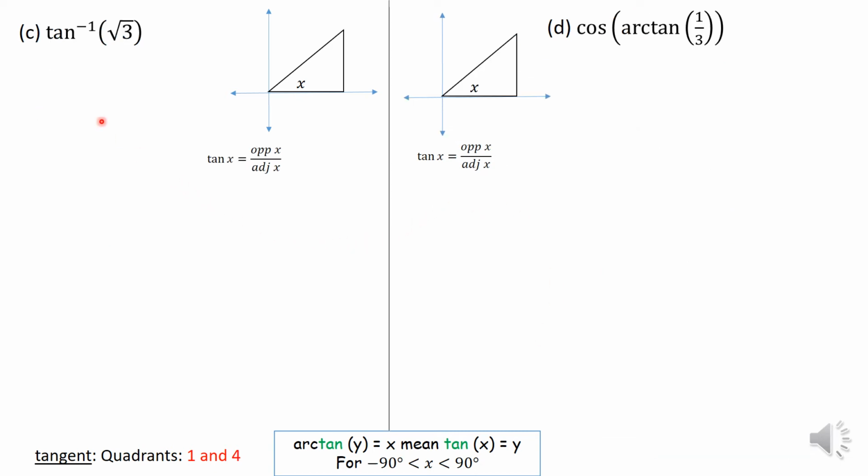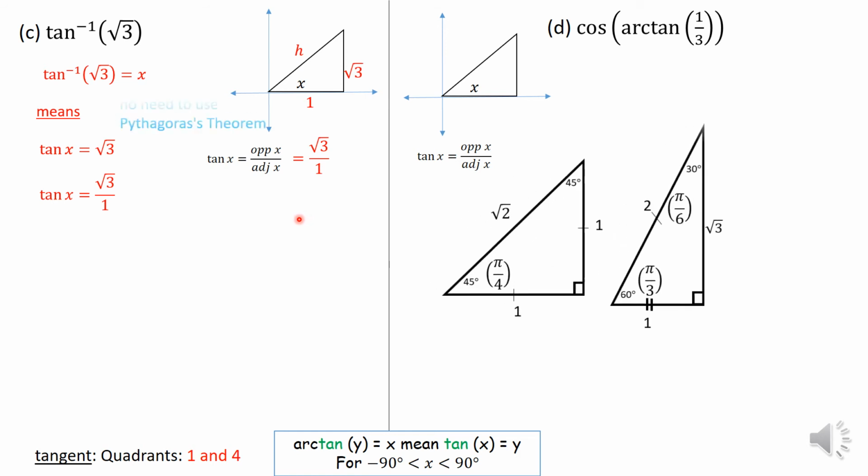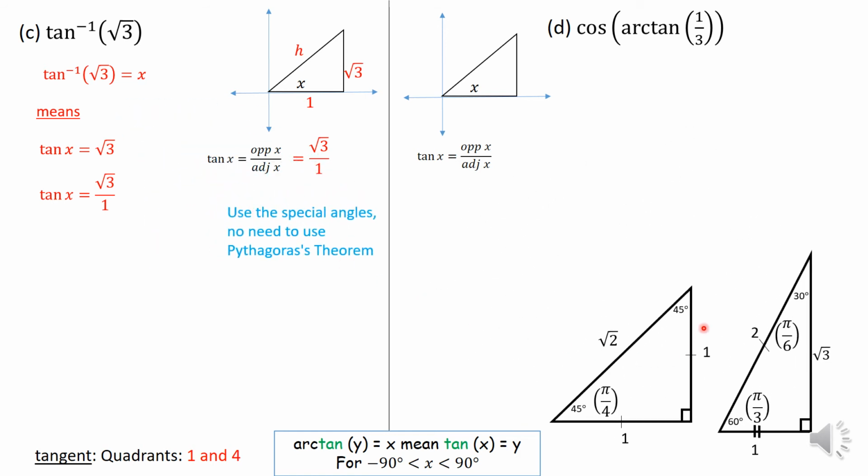Then C and D. So C, inverse tangent of root 3, again similar, just write that equals x. And then what does it mean? It means the tangent of x equals root 3, with a positive value. So we know that tangent is positive in the first quadrant. I'm not going to worry too much about the fourth quadrant here because it's not a negative ratio. Right? So in this particular case, the tangent is the opposite over the adjacent. So therefore, using our special triangles,